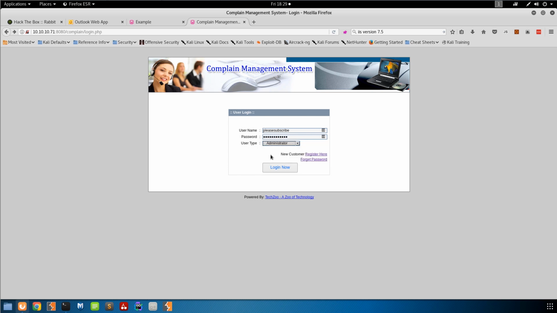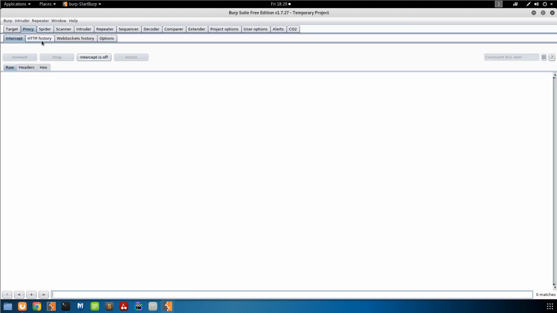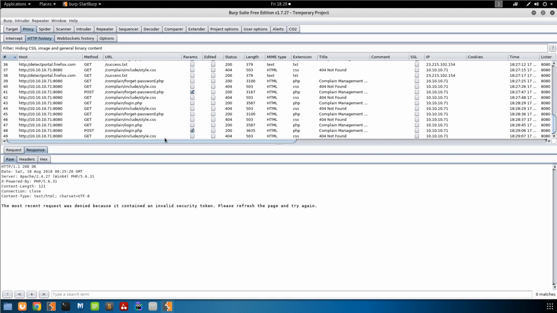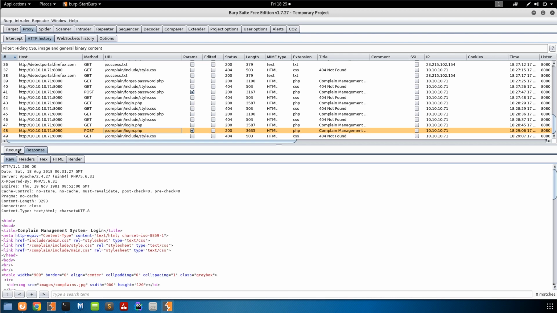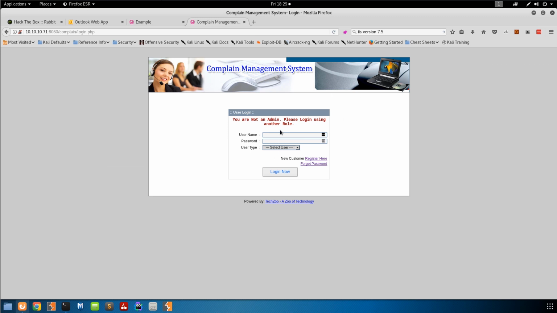Let's try administrator first. I assume it won't let us do that. You're not an admin. We look back here at the HTTP history, go to the bottom, look at our request. So U-type was admin. So we can use this as a way to enumerate the U-types that are valid. Again, I don't know if it will come in handy for anything, but